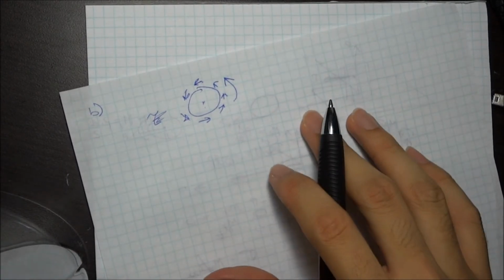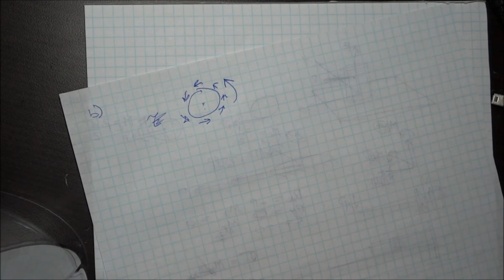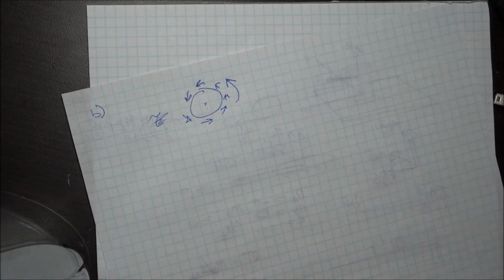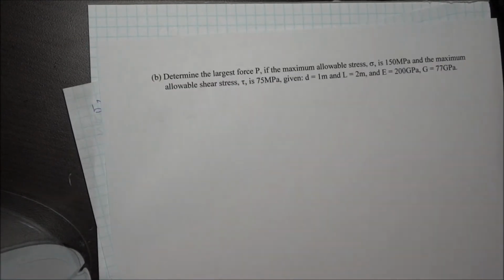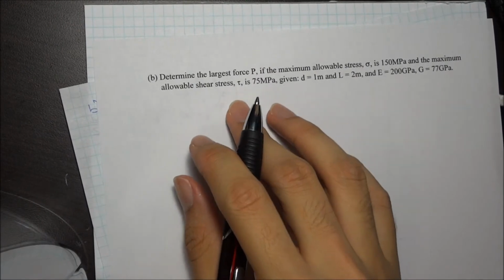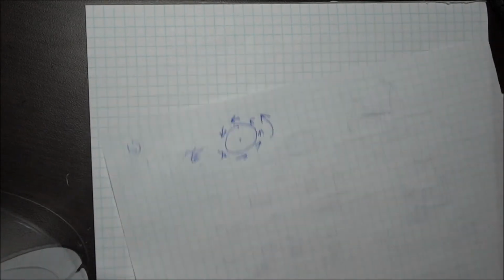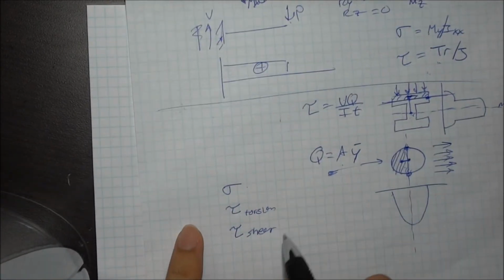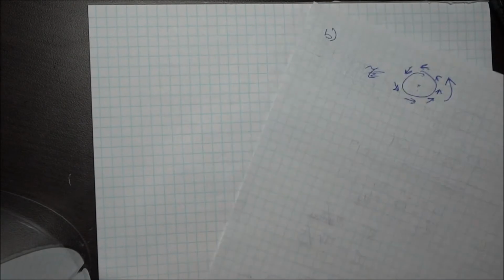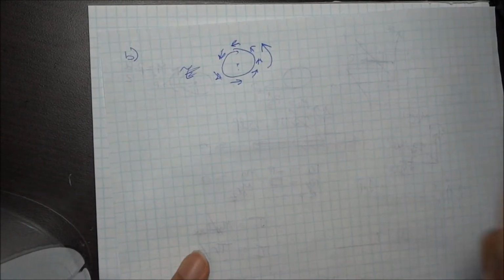The reason why this is important is because in part B, you're interested in finding the maximum P that you're allowed to exert. But you need to use this shear stress, this maximum tau. In order to do that, you cannot compare these two things individually. You have to sum them up. But you can't just